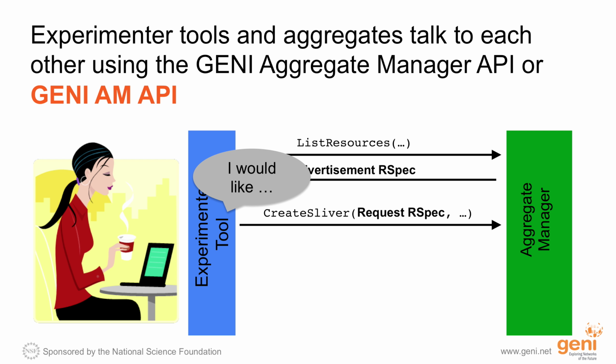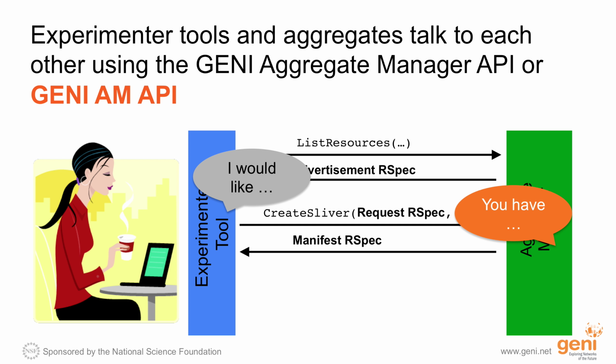The aggregate will either accept or reject that request. If it accepts the request, the aggregate will return a manifest RSpec. The manifest is very similar to the request, but more fleshed out. For example, the manifest will contain login information and more details, such as IP addresses, that may not have been